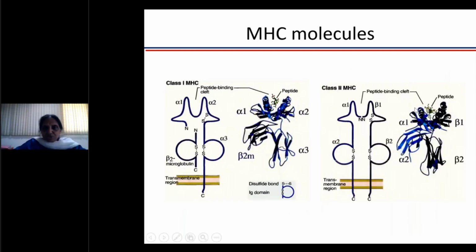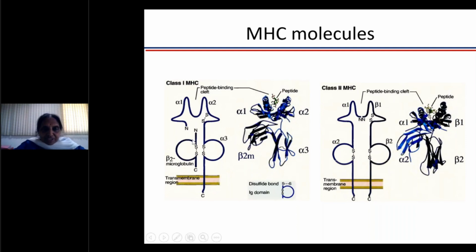So before we go into how this whole thing happens, we must know what an MHC molecule looks like. MHC molecules are called major histocompatibility complex, because they were described in the context of transplantation. When people were transplanting a small part of skin from one mouse to another, it used to get rejected. Whichever used to get accepted was called histocompatibility, that is, tissue compatibility. So you have class 1 molecule and class 2 MHC. They can also be called HLA class 1 and HLA class 2.